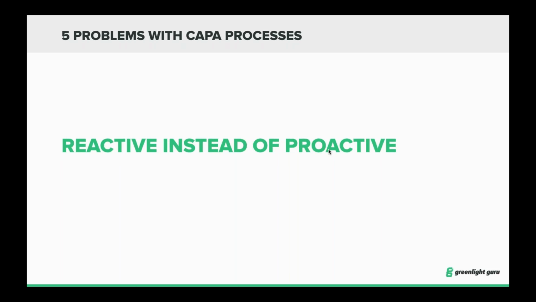I think this particular problem is probably still, even today in 2020, the biggest problem or challenge or obstacle with CAPA, and that is we react to events that have happened rather than predict or be proactive or preventive in nature. And maybe it has to do with the acronym, corrective action, preventive action. We put more emphasis on the CA side than the PA side. But I think another thing that lends itself to this being a real challenge or problem for us in the medical device industry is that,